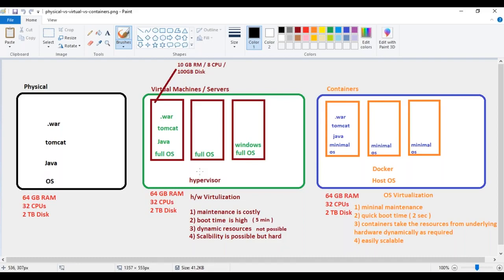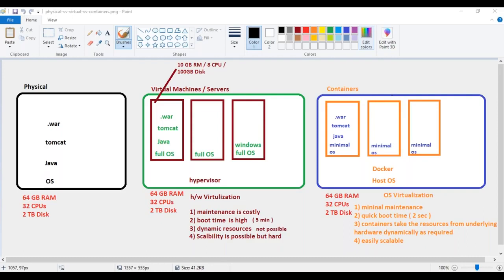Now, this is where, team, the containers have come into the picture. This is why we use containers. Containers give you a lot of benefits compared to virtual machines. No comparison with the virtual machines, basically, but they look the same as a virtual machine, because you can see that we have a war file, Tomcat, Java and OS in your virtual machine. We could see the same on the container also: war file, Tomcat and dependencies, Java and OS, right? So here the main difference the container brings in is the minimal OS.